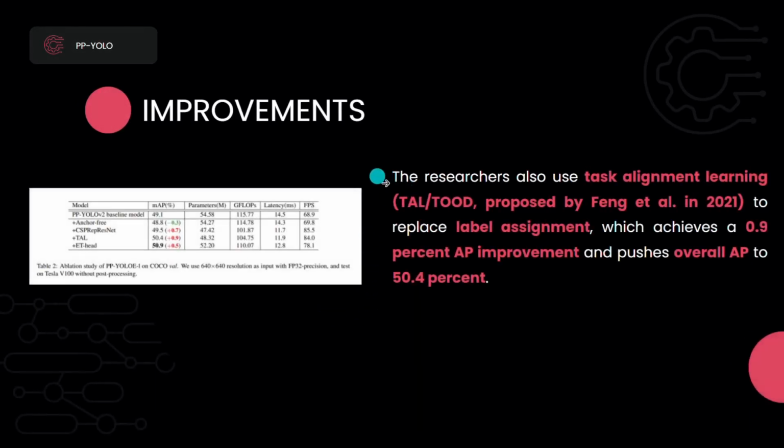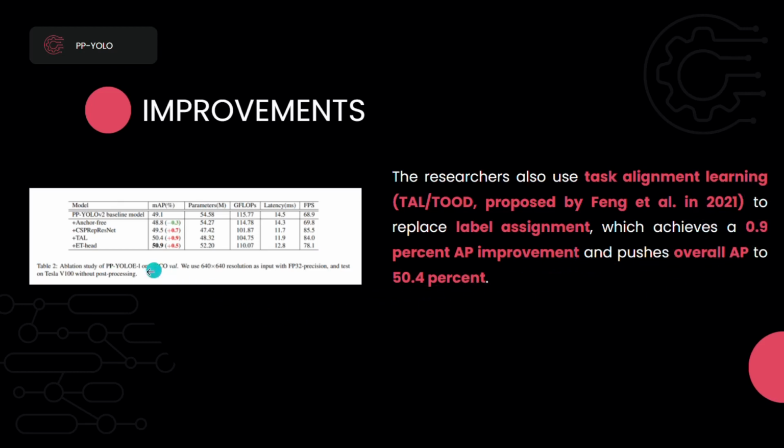Besides implementing new novel techniques or convolutions on the backbone and neck part of the model, the researchers also use task alignment learning, which is known as TAL, which was proposed by Feng et al. in 2021 to replace label assignment, which also gave them a boost in terms of average precision. It gave a 0.9% average precision improvement and pushes the overall AP to